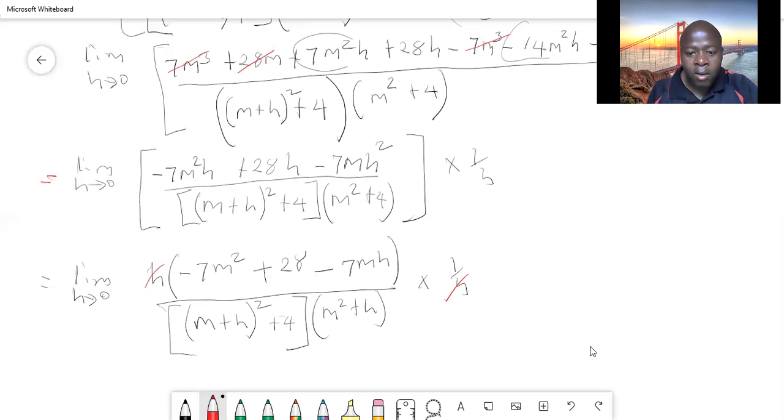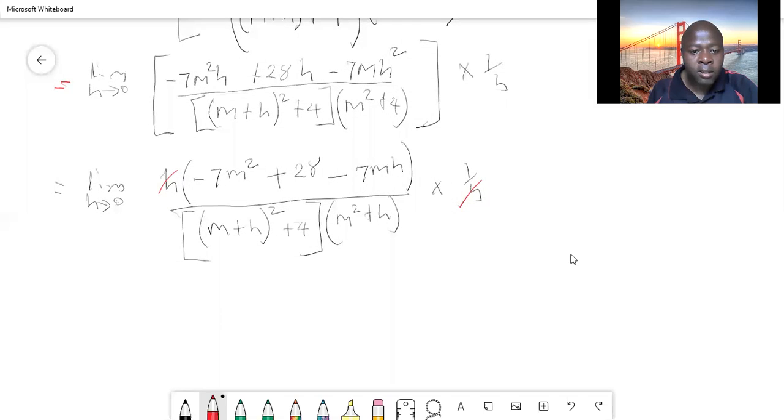We are now out of the danger of division by 0, because you can see that if I was to plug 0 here, I would have m plus 4, and then here if I plug 0 I would have m, so the denominator is not going to 0. So that means we can now plug in our h, and that gives us negative 7m square plus 28. This would become 0 because h is 0